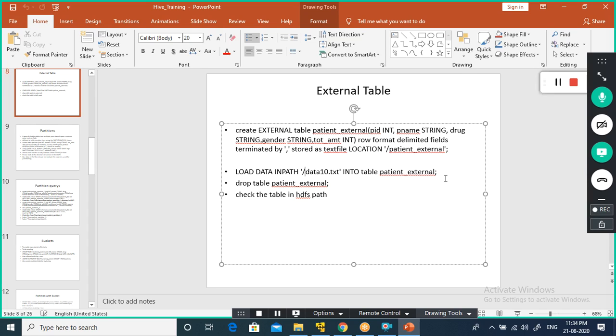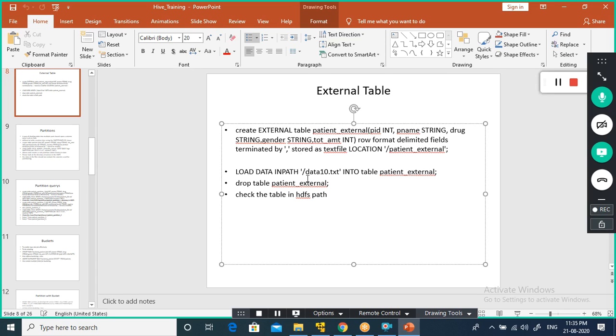Supposing this file consists of 10 million records. If you wanted to load it, import it, it will take a longer time, or export it also will take longer time. Rather, if you create an external table, it will simply point to this folder. That's all. It will not load it. But if you want to fire any query, you can fire it. The data will be fetched from this file. Here you don't have to load the data externally.